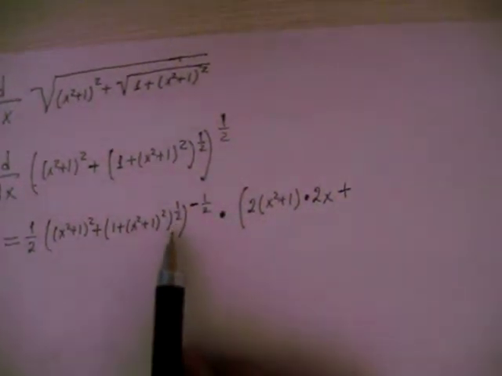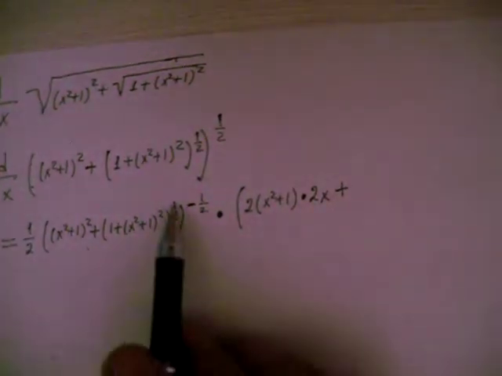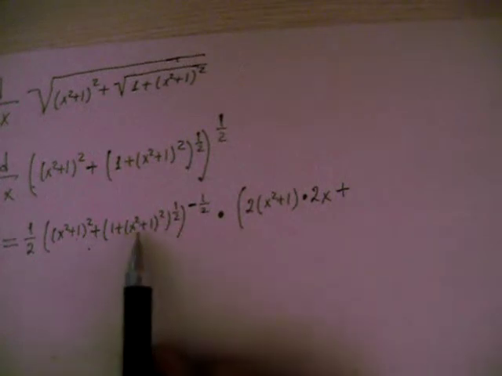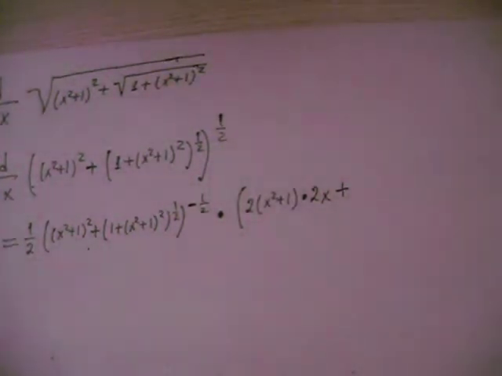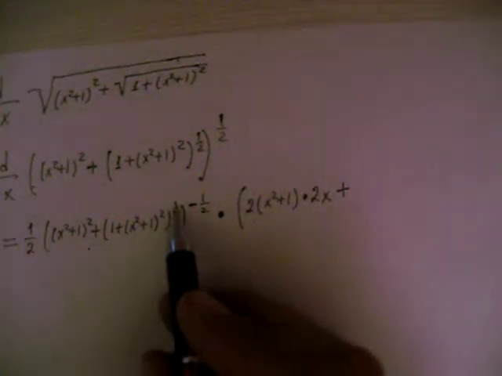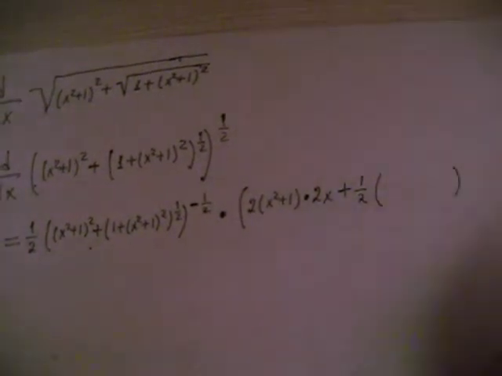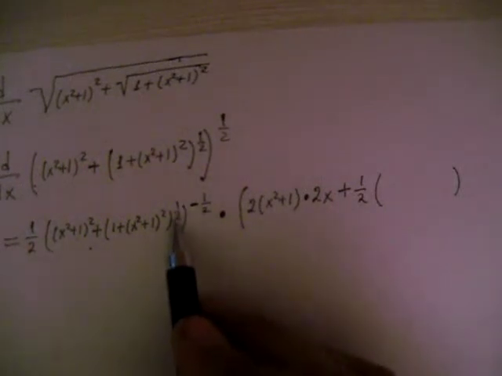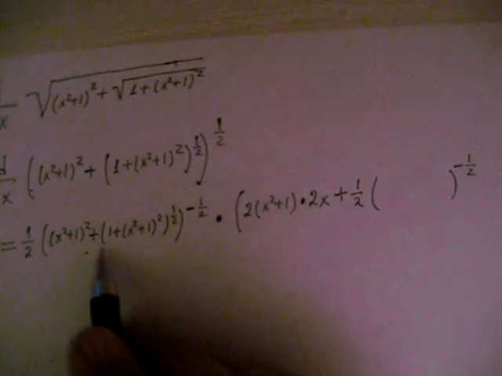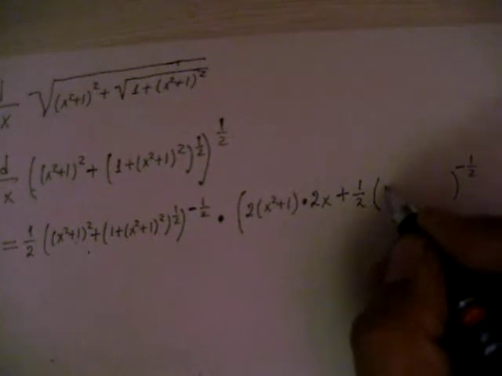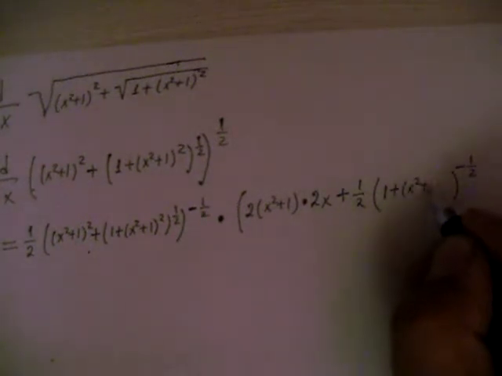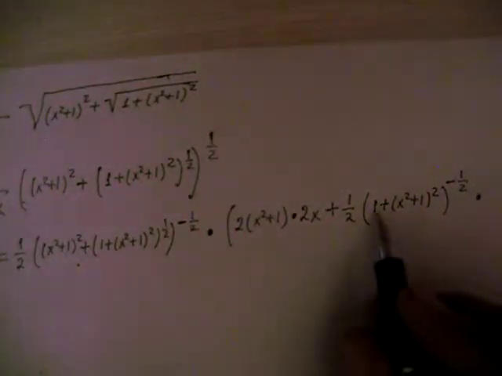and derivative of the second term, and here we must use chain rule twice. Okay, we have outermost function, and inside the outermost function we have another function with outer function and inner function. Okay, let's get started. So this 1/2 goes in front of the parenthesis, and subtract 1 from 1/2, and again it is negative 1/2. And inside we have the same expression. Inside the parenthesis we have 1 plus (x squared plus 1) squared